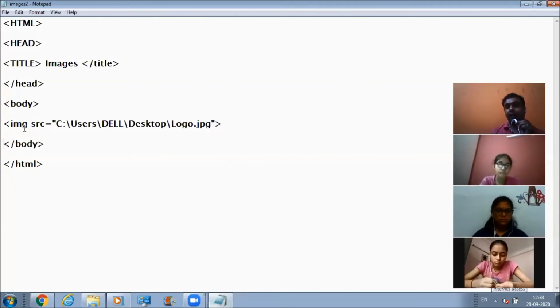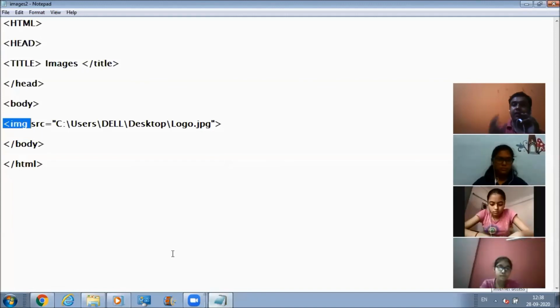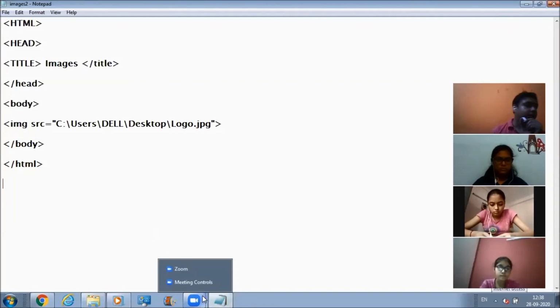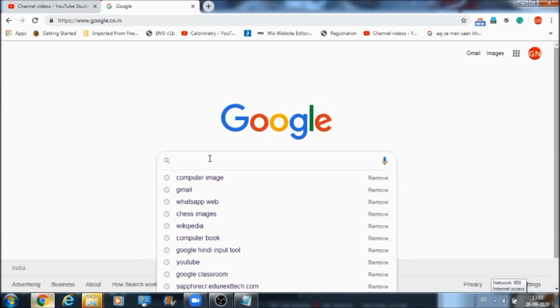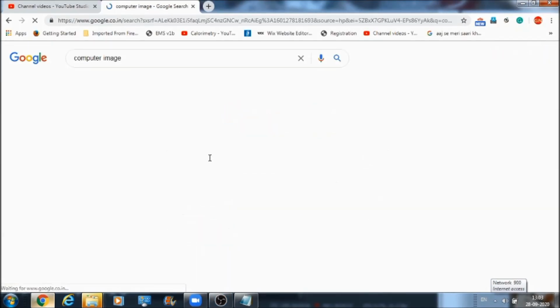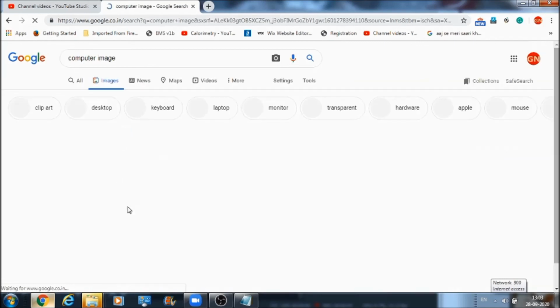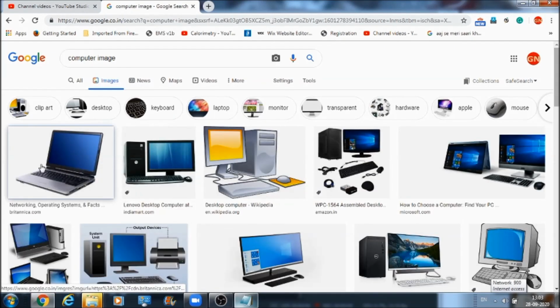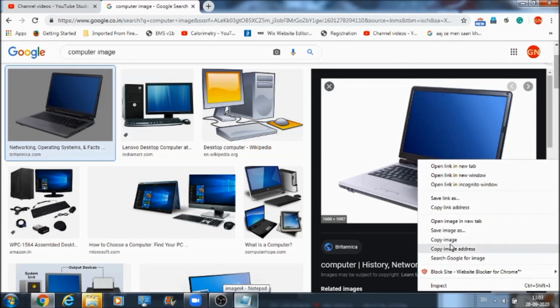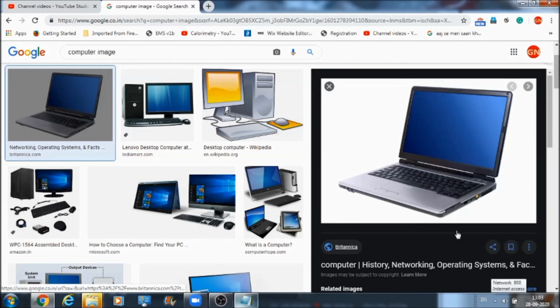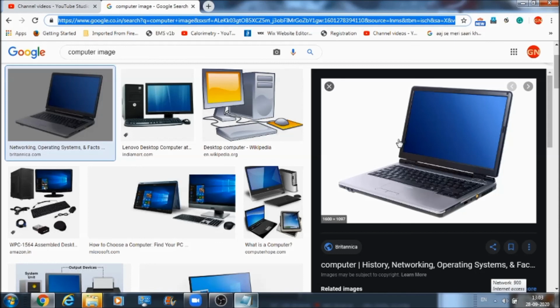And this is the tag that you have to use for accessing an image on your web page. Now comes the third thing. In order to access an image that is present on the internet, let's say a computer image, on the web document that we have created on our computer, we just have to right click on this image and get the internet address of this image.